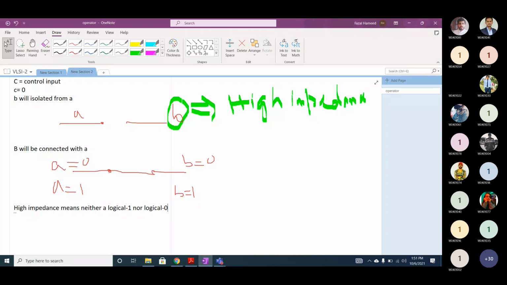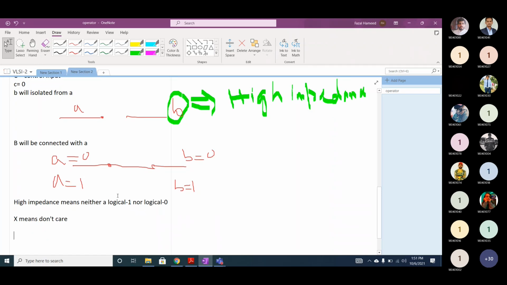Okay, what is the difference between X and Z? X means don't care. When we say don't care, it means X has some value. X may be either logical 1 or logical 0, but we don't care.